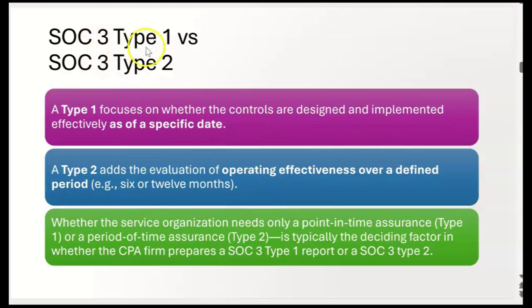Let's do a little SOC 3 Type 1 versus SOC 3 Type 2 now. Type 1 focuses on whether the controls are designed and implemented effectively as of a specific date, and a SOC 3 Type 2 adds operating effectiveness over a defined period like 6 or 12 months. So whether the service organization needs only a point-in-time assurance, Type 1, or a period of time, Type 2, that's typically the deciding factor in whether the CPA firm prepares a SOC 3 Type 1 report or a SOC 3